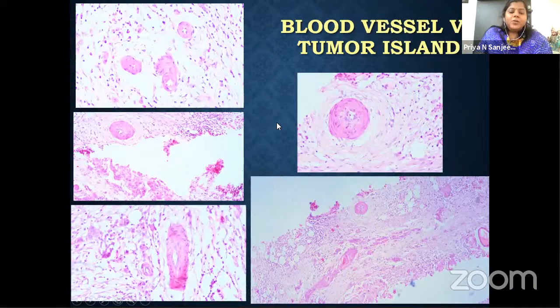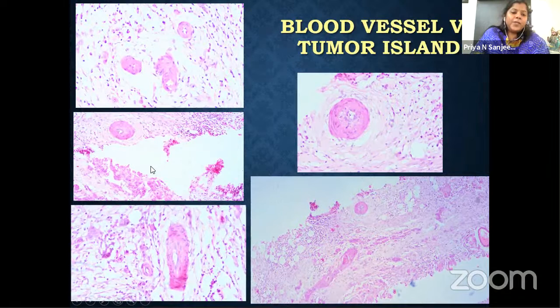So it is important to distinguish between a blood vessel and a tumor island because both appear a little similar in low power. So this is a blood vessel and these are the tumor islands. These are again blood vessels. So how do you differentiate between a blood vessel and a tumor island? Within the blood vessel, you can see the lumen and the endothelial lining, and you have a smooth muscle coating, and they are normal appearing cells. Again, look for the lumen and endothelial lining, which is like blue dots, the nuclei of the endothelium. Here the blood vessel is cut at an angle, so it appears a little elongated.